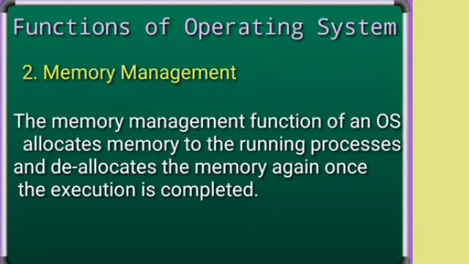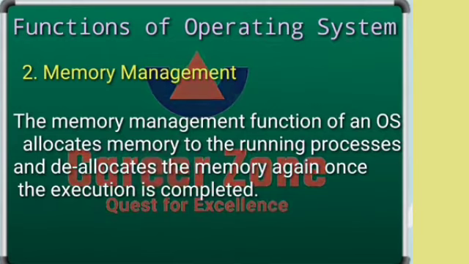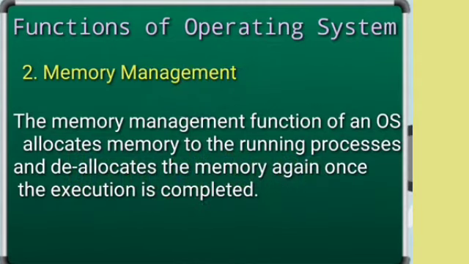So Microsoft Word is open, and whenever a particular program or software opens, it takes temporary space in the memory. That space is allocated by the operating system. Now when you close that file, again that space becomes vacant and it is deallocated by the operating system only. So that task is basically done by the operating system. That is why we call memory management one of the functions of the OS: managing the memory, allocating and deallocating the memory for a particular process which is given or executed by the user.